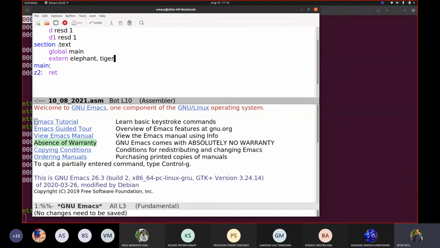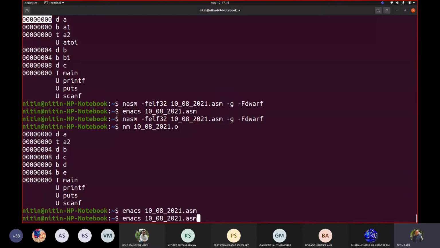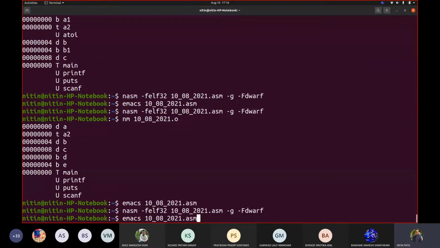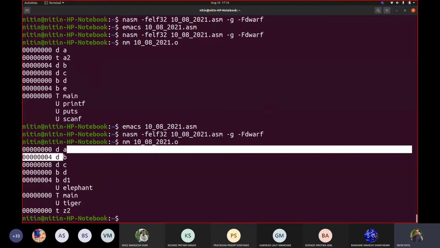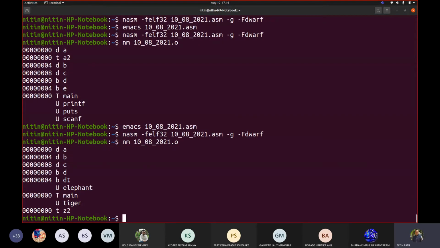Let me add these. These are my external variables for this case. Now you will see, depending upon the order of the labels added, A, B, C, D, D1, elephant, suddenly in between main, tiger, and then Z2.